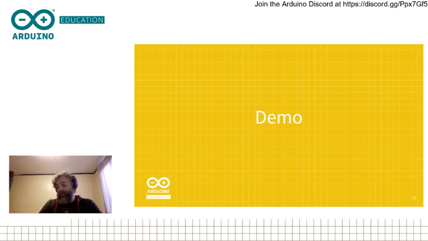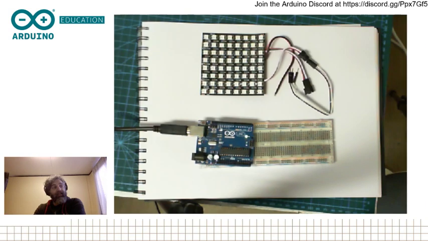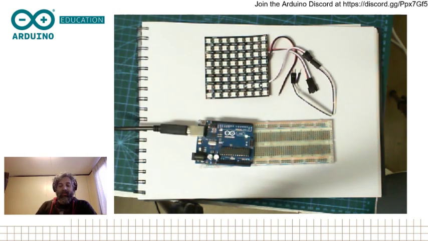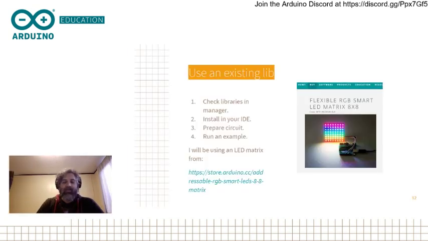As I said, I prepared this thing here, which is an Arduino Uno and an LED matrix. This is an LED matrix that you can find on the Arduino store, but it's a standard LED matrix that runs with LEDs that are compatible with the NeoPixels. So any kind of NeoPixels will work. And the idea is, how can you then use this